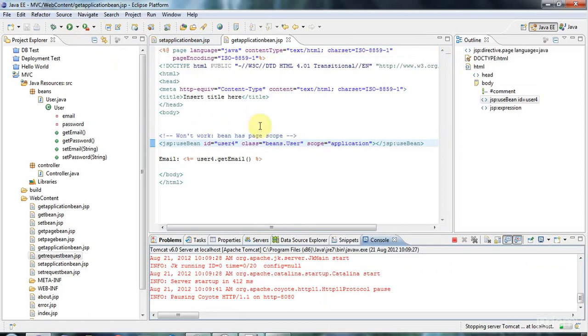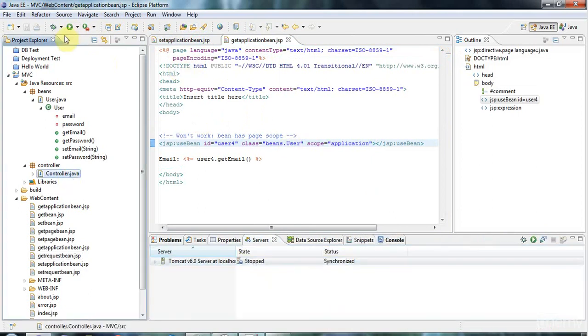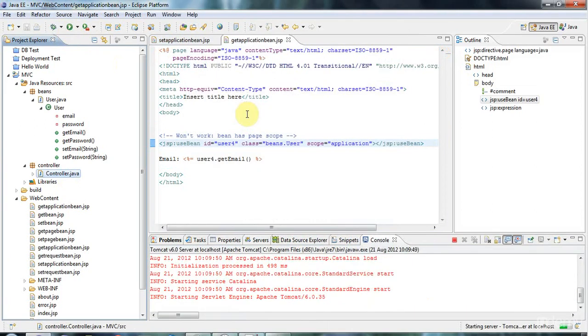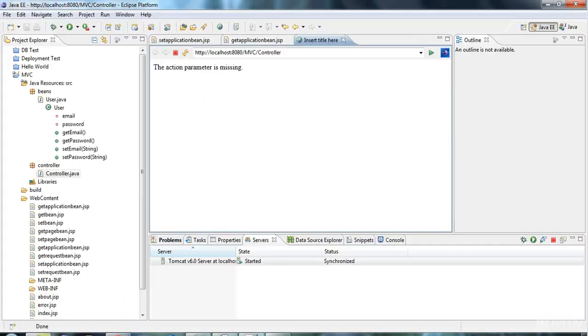So I'm going to stop it, and actually let's try going to controller.java, because that definitely doesn't have anything to do with beans. So I just want to restart Tomcat, and then let's start a browser here and go to get application bean, and we can see that the value is not set because I restarted my application, so the value was lost. So with the application scope, your bean persists as long as your application is up and running,